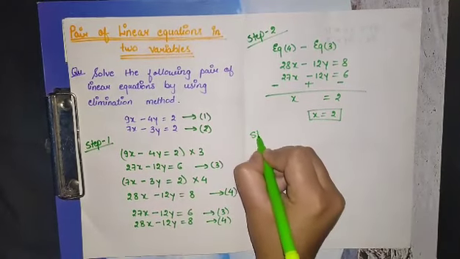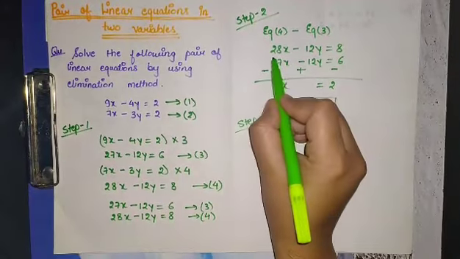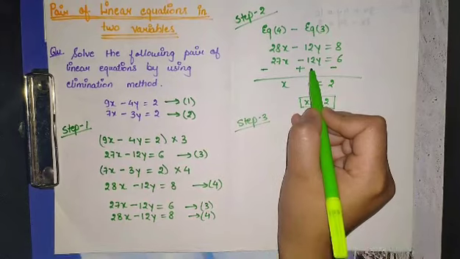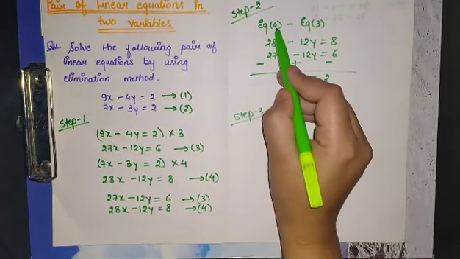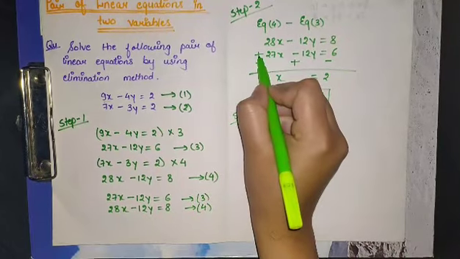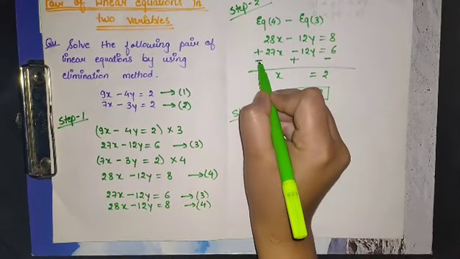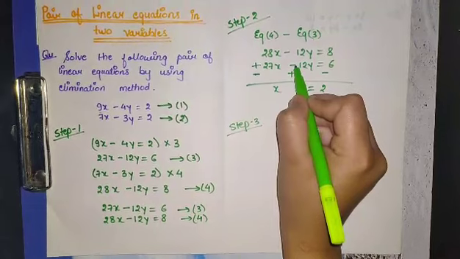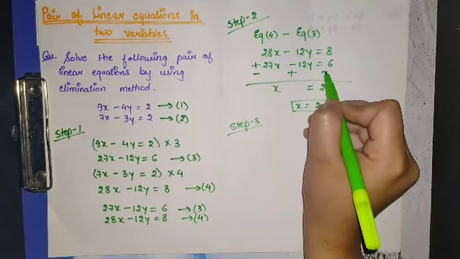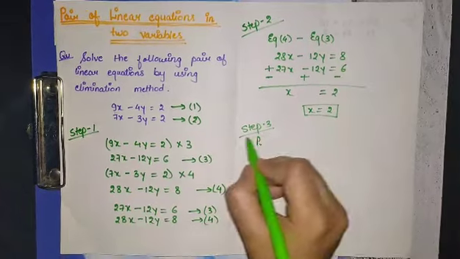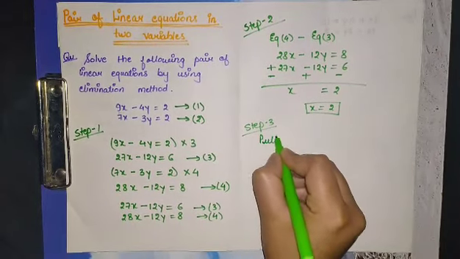Step third. While subtraction, the sign changes. For example, here we are subtracting third equation from fourth equation. So, here there is plus sign which is then converted into negative. Similarly, the minus sign is converted into plus and again the plus sign is converted into minus because we are subtracting.